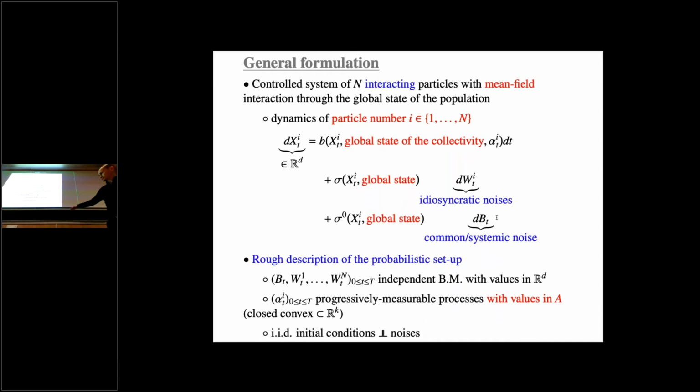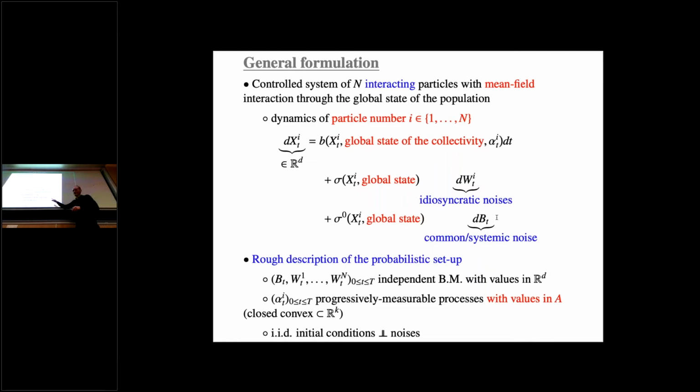Okay, so just to say here, just a little bit of mathematical setting. The noises, to simplify, they take values in the same space as X. You could generalize. I'm going to assume them to be Brownian motion, and they are independent. So there is no trap, no big deal, no difficulty here. And you assume that the controls are progressively measurable. So you know this, you don't have to anticipate on the future of the noises. This is absolutely standard, and this is not where you have the difficulty in the model.